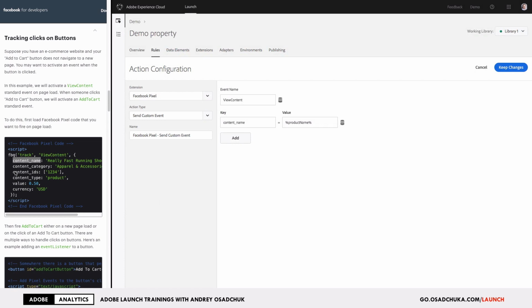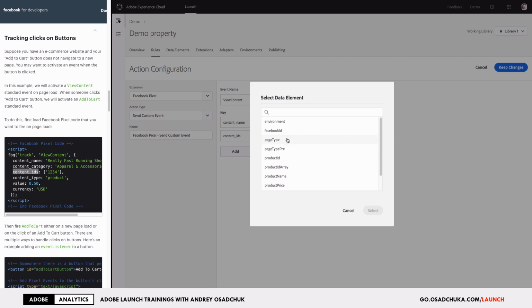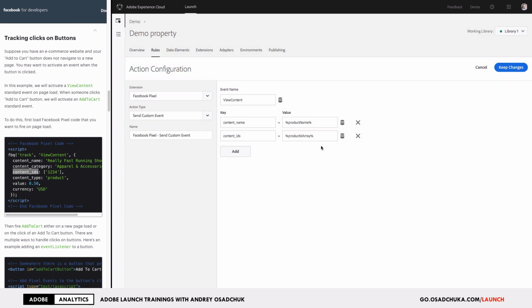Then content IDs. This is what will be my product ID or SKU. And as you can see, it has a specific format, like an array, and I also configured a data element for it. So I'm going to just change this to product ID array, and this will return me the product ID. The next is content type, and it should be set to the static value product,